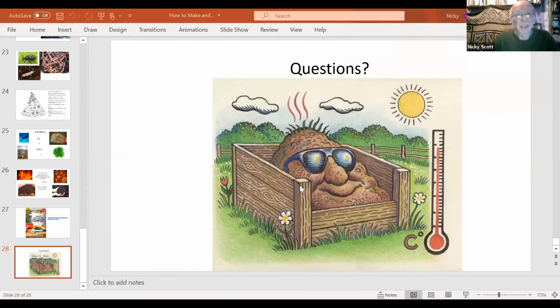Lasagna compost is great, isn't it? Lasagna is not really a composting, I suppose it is a type of composting. It's combining composting and growing at the same time. And it's a technique that I use all the time, actually, and especially great with schools, because when we've gone